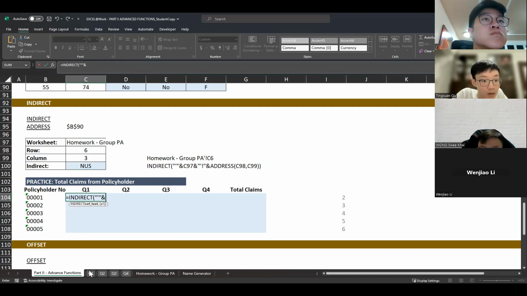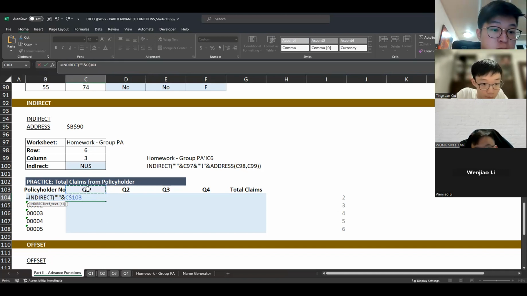It's actually just Q1. I want to reference Q1, so I just click on Q1, and I lock this here. Then I carry on: double quotation, single quotation, exclamation mark, close quotation.